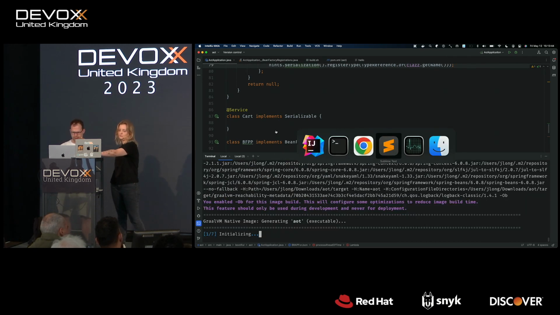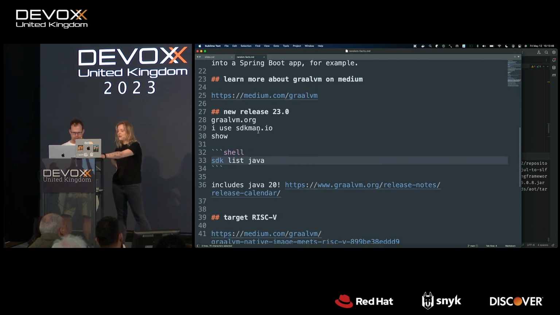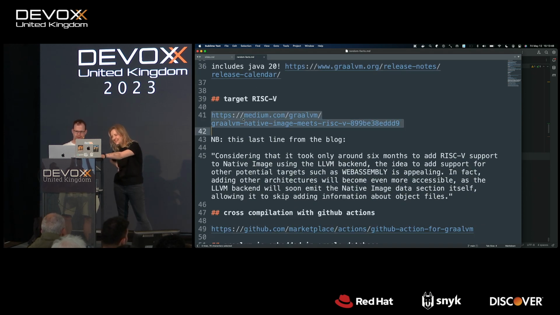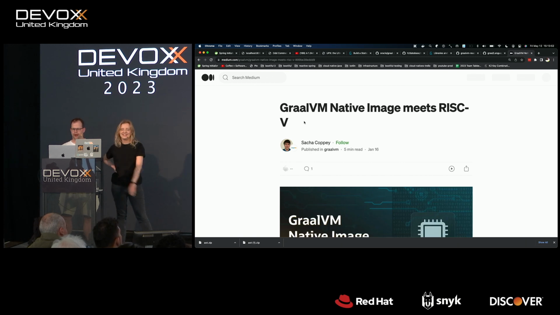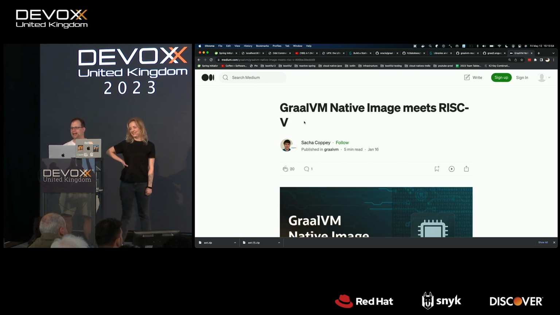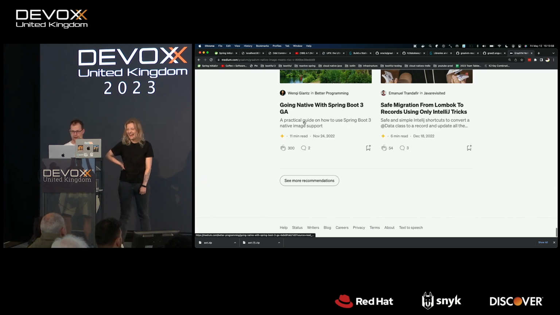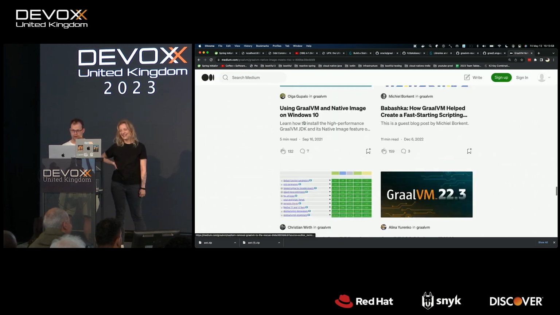All right, one last. Do we have one hint we can share? Yeah. I don't think about the next release. Oh, wait, this one. This is my last. I love this thing right here, quick. Did you know that GraalVM supports RISC-V? Yeah, I don't care either. Moving on. Down here. Look at this. This is important here, friends.